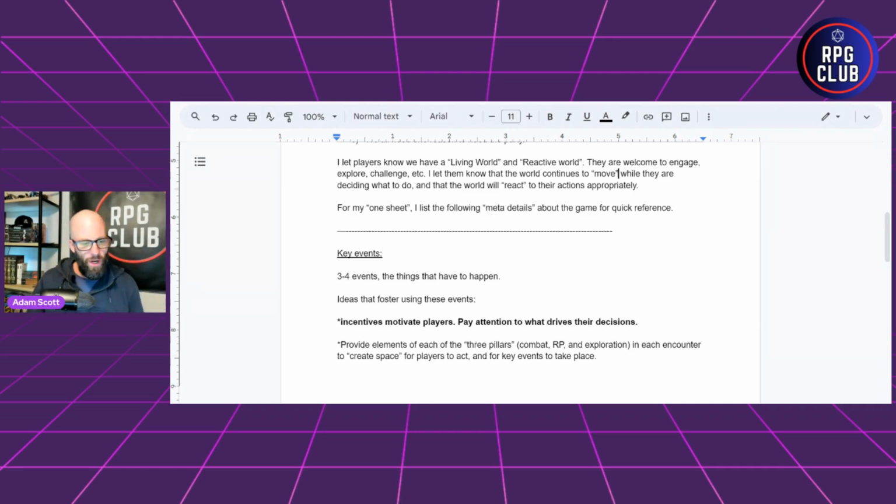So here's what I do. I write down 3 to 4 key events. These are things that have to happen, or key plot details that over the course of the adventure probably need to unfold in some way. They don't need to happen in the exact same way that I think in my head. The person who gives the quest or the information might be a different person than I thought, or maybe instead of killing a character, they're captured and now they're giving information in some other way, instead of from a conversation, instead of pulling out a document, whatever it is.